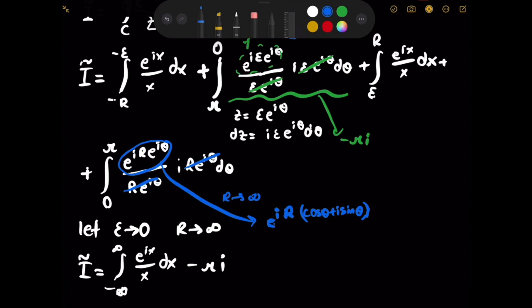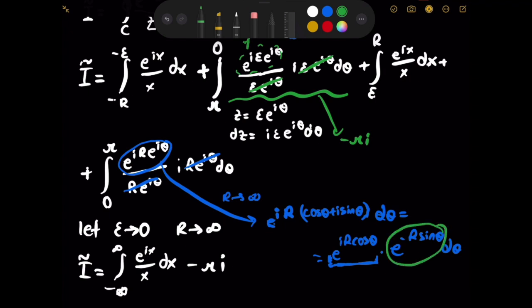distribute, that's going to be equal to, let's see, e to the power of i r cosine of theta times e to the power of i times i, which is minus r sine of theta. And you have the detail at the end, right? What you need to realize is this part, e to the power of i something, that just oscillates, right? Because that's just a phase and it has magnitude 1. But this one, as r goes to infinity, you have a minus r here, which is minus infinity. So as r goes to infinity,